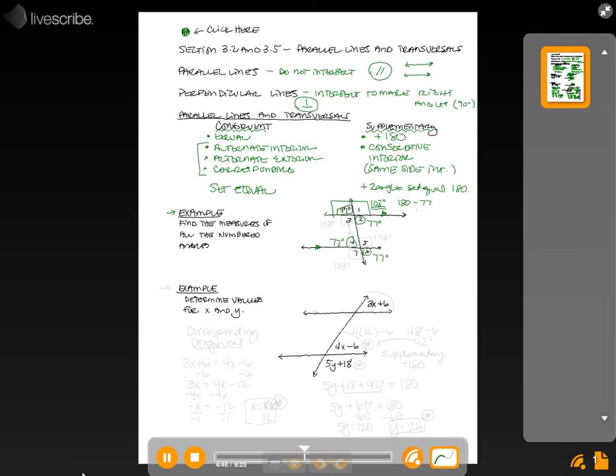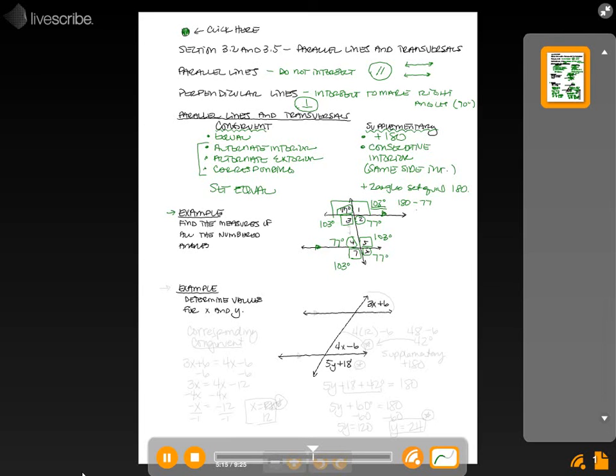Okay, that's what angle 1 is. Now, angle 1 is a vertical angle with angle 3, so it is 103 degrees. Angle 1 is an alternate exterior angle with angle 7, so it's 103. And angle 5 and angle 1 are corresponding angles, so it's 103. And now we figured out all of the angles in our picture, and we've really just used